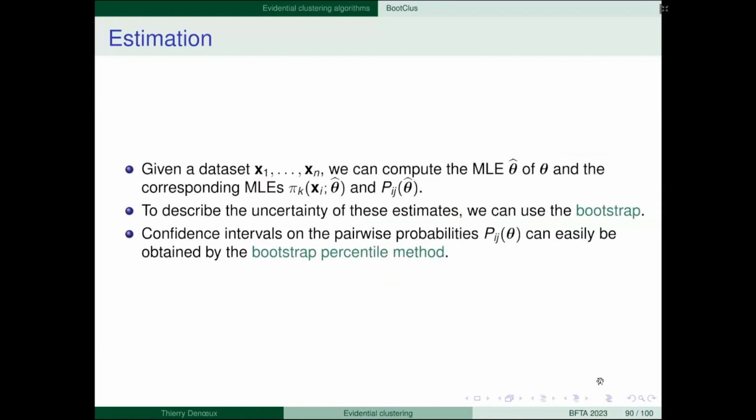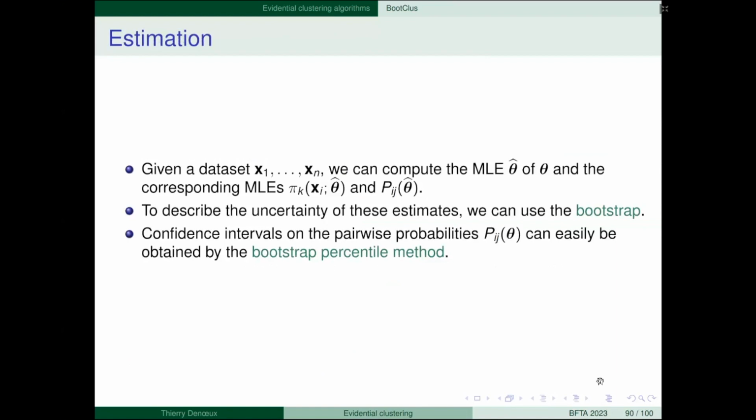For example, you have the bootstrap percentile method. If you bootstrap, let's say 1,000 times, you create 1,000 data sets. On each data set, you estimate your mixture model, you compute your pairwise probabilities, and so now you have a histogram